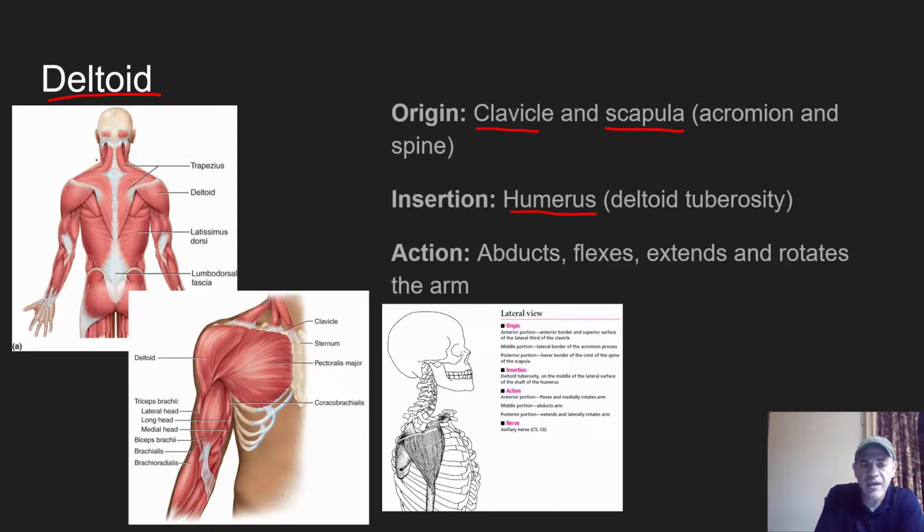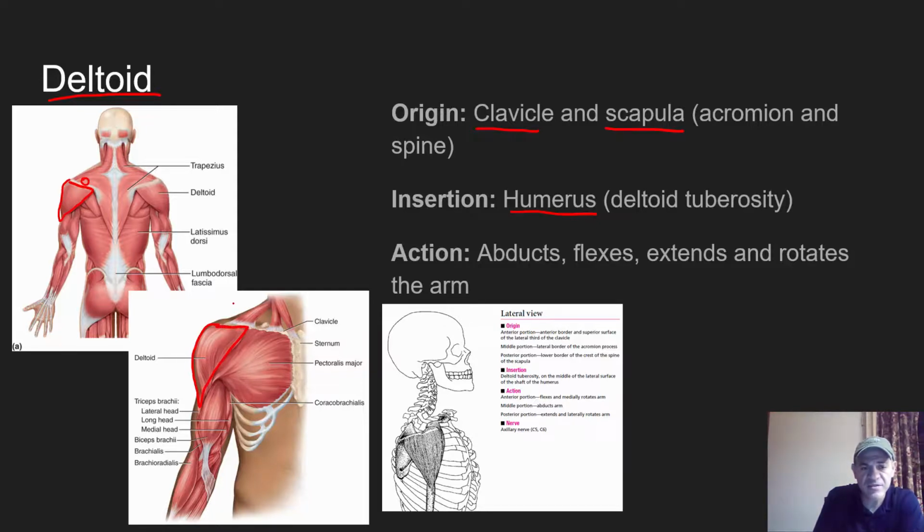So I have 3 images here. One is of the posterior view and on the far left. And if we look, as I trace along the deltoid, we can see the origin there is actually the spine of the scapula. If we look at the anterior view of the deltoid